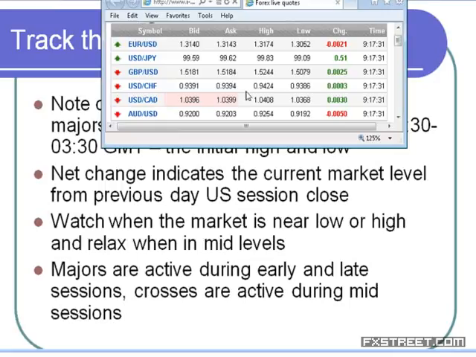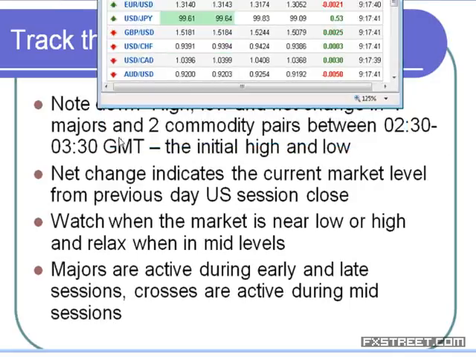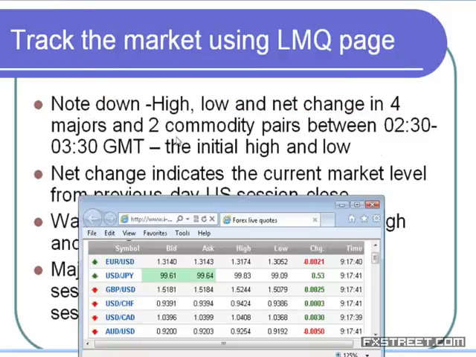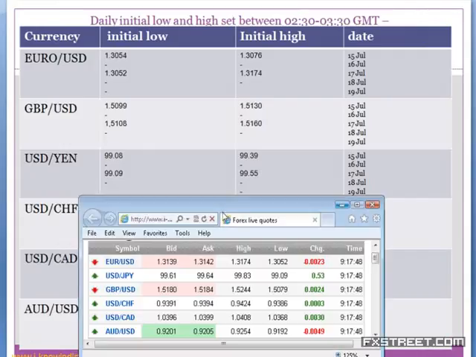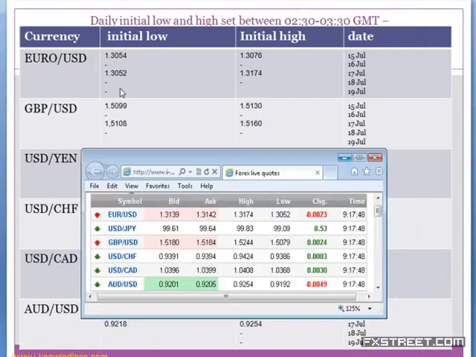So simply entering the market after the rise, or selling after the drop, is not the right approach. So what we do, with the help of the live market code page, is note down the initial lows and the highs set around 3:30 GMT. So I have another slide. Okay, now this slide I showed during the Asian session live market analysis on Mondays and Thursdays. So I noted down by 3:30 GMT what the initial low and the initial high are.